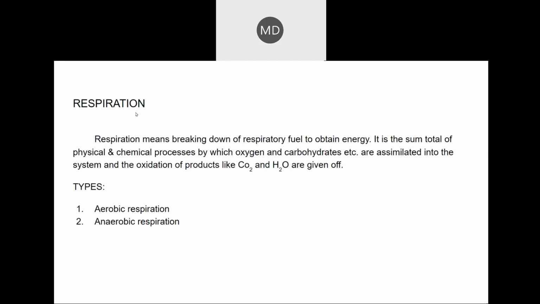to be, glucose reacts with oxygen and breaks down. So that will happen in aerobic respiration. Glucose will react with oxygen and break down, like the normal procedure that happens. But in anaerobic respiration, it will not react with oxygen because oxygen is absent there. Okay, we will discuss each one in detail.